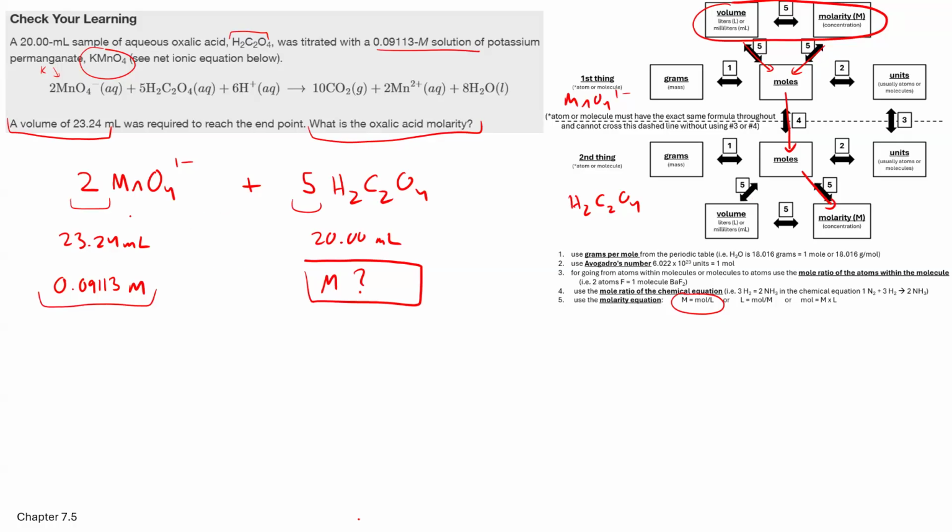All right, let's now do this in one giant operation. We're going to convert this into liters because we need liters to use the initial equation of finding moles. So 23.24 mL of permanganate, MnO4 1 minus. We have 1,000 mL to 1 liter. That gives us liters of permanganate. We're going to multiply by